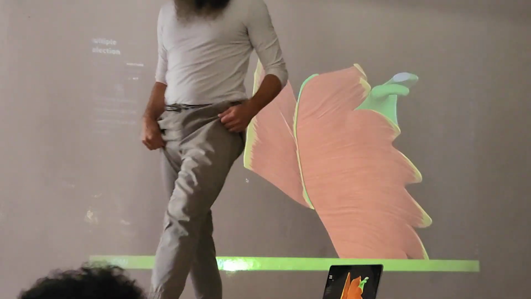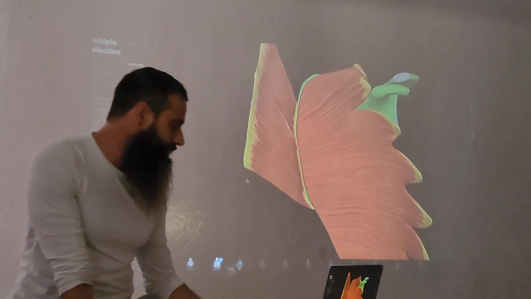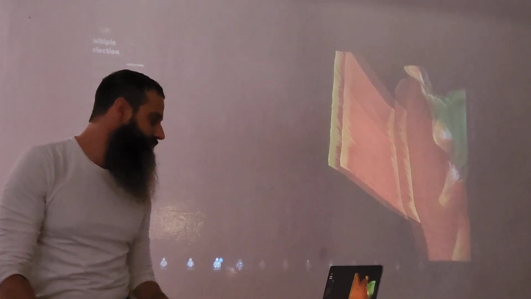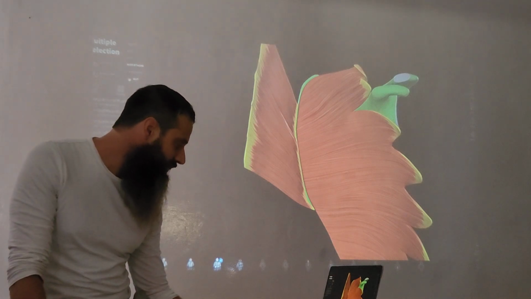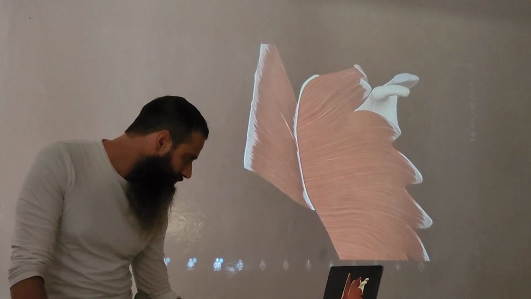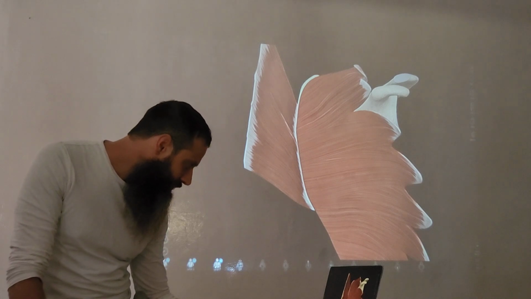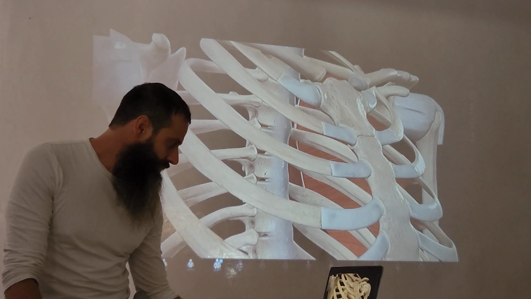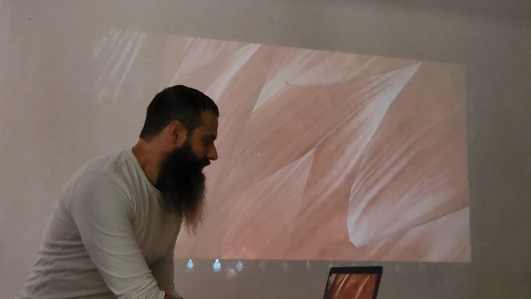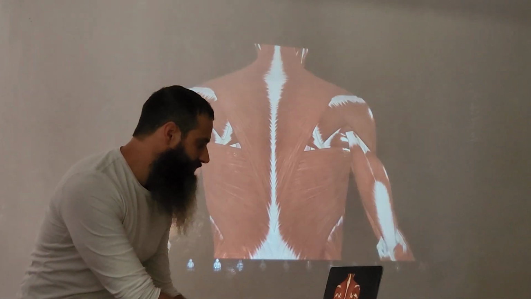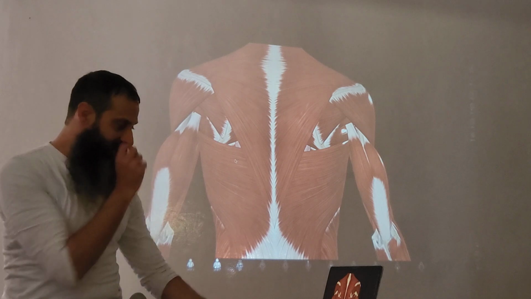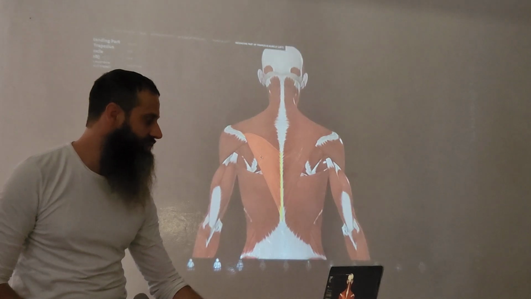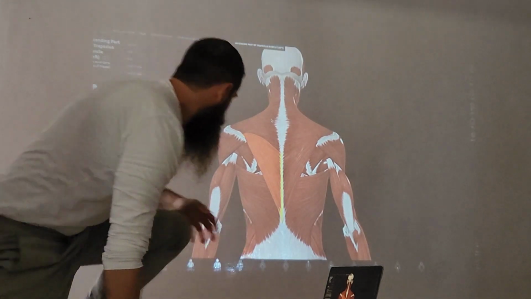So let's go and see the last muscle and we will finish. We'll do a really quick view. So we have the last muscle here. Okay, so the last muscle that we have to keep in mind for the stability of the shoulder blades is this, the lower part of the trapezius. You see, this is the trapezius. All this, what you see here, is the trapezius.